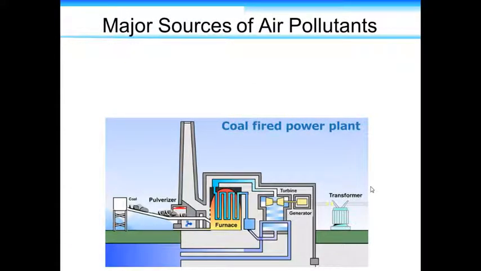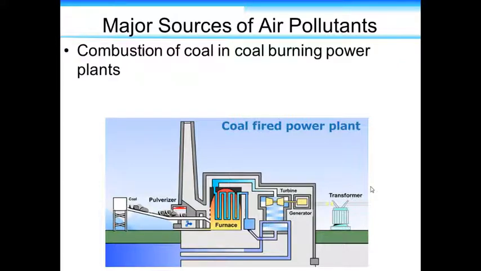There are two major sources of air pollution: combustion from coal plants and combustion from vehicles. Let's take a look at coal plants first. Here we have a typical setup for a coal-fired power plant. A conveyor brings the coal into the plant and sends it into a furnace. The furnace burns the coal. The heat generated from that burning heats water, which converts the water to steam. Steam goes into a turbine, spinning the turbine and thereby generating electricity, which can then be sent out to the